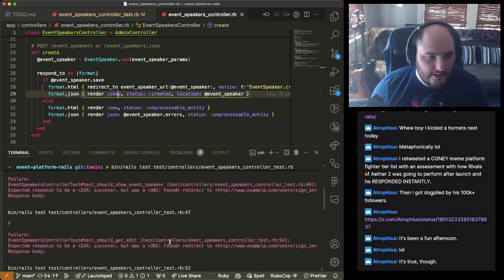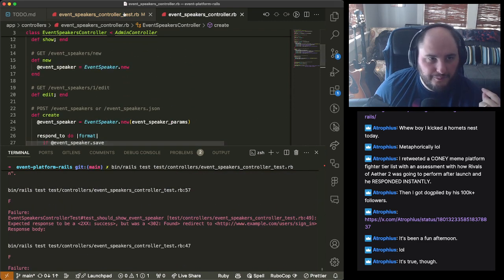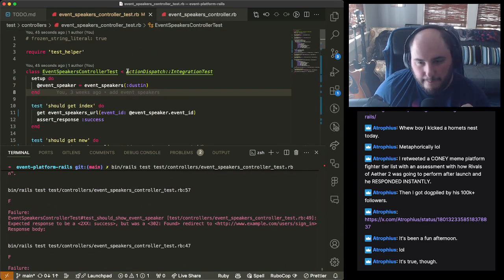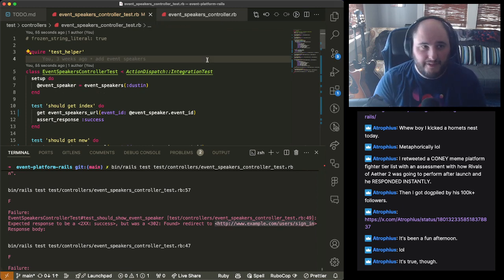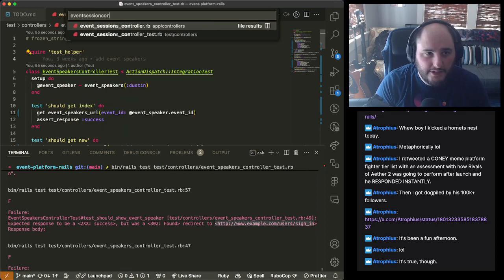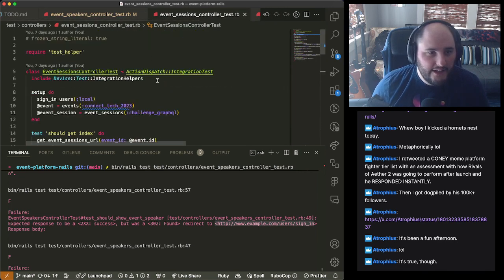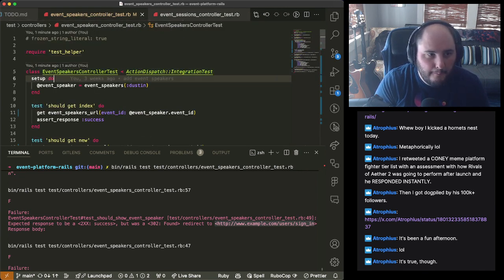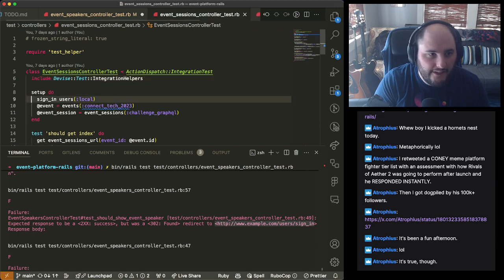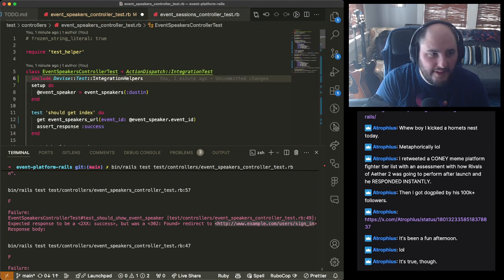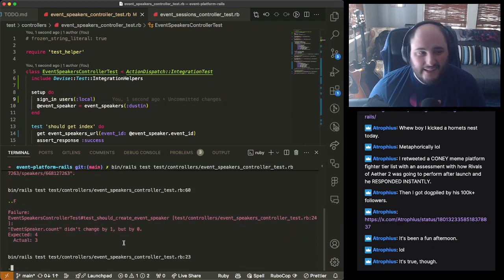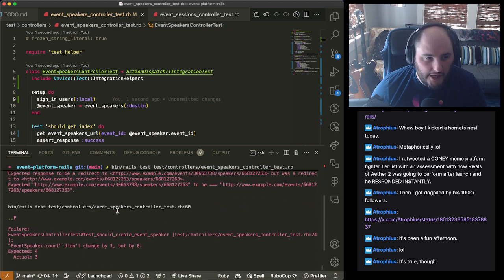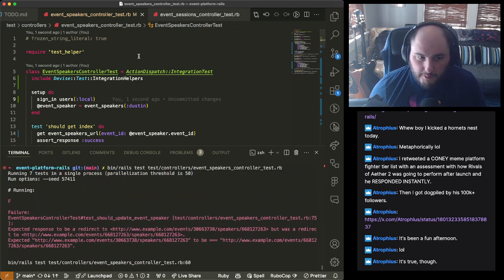Now the question is, it's one of two things here. Is it because we didn't log in, or is it because I actually set the redirects incorrectly? If we look at our test, it's telling us it's because I forgot to log in. So if we go back to our session test from last week, we can grab the integration helpers again, include those, and then just do the sign in like we said. This will make that first problem go away. So we're signed in, that's a test setup. We're good. Now we're seeing, hey, we fixed a lot of things there, and we're pretty happy with that.